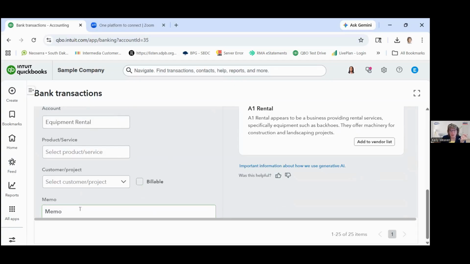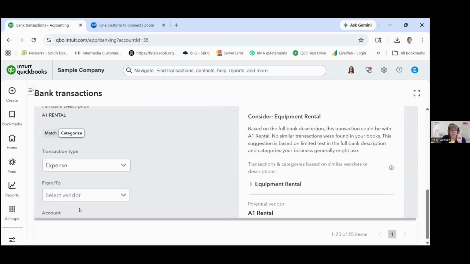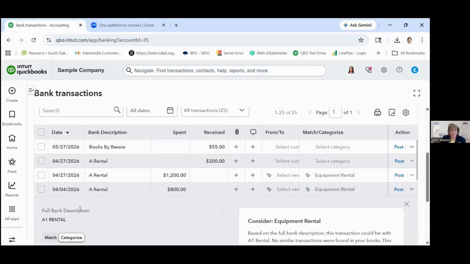And I'm a big fan of memos, because when you go back and look at your financial reports, the memos are included in there, and it's a good reminder of what the money was spent for. And you think you're going to remember, and pretty soon, 6 months later, you look at your advertising account and you say, geez, what did I spend all this money for? And then you dig into all the details, and there's no memos on there. It would be nice to say, oh, that was a banner, or that was a digital ad, or whatever it might be, so you can easily be remembered without having to do a lot of digging to find out how that money was used or where money came from on the sales side of the transaction.